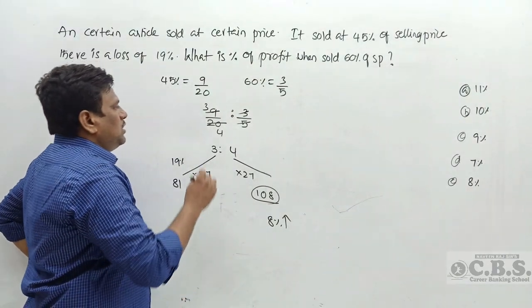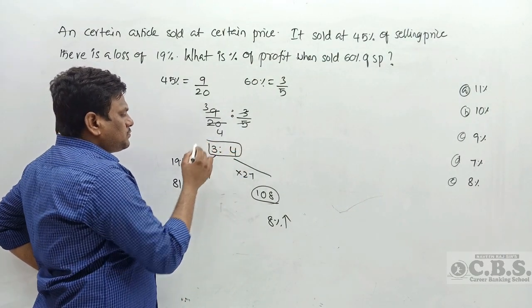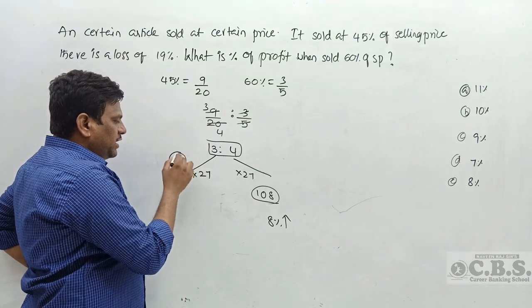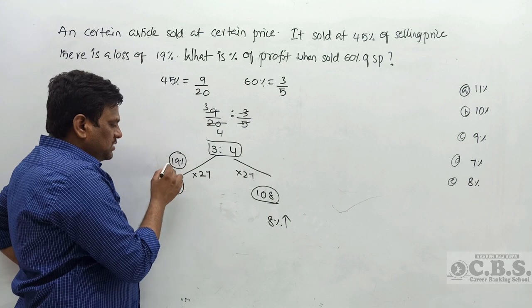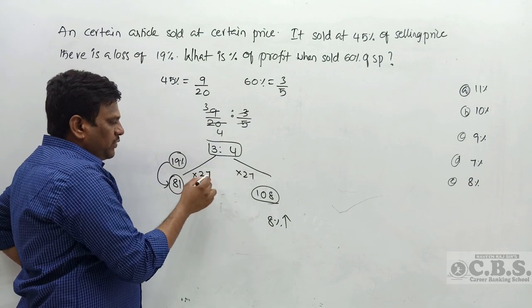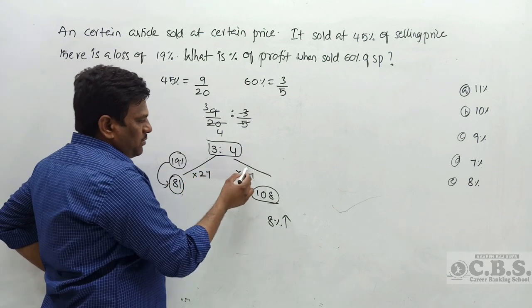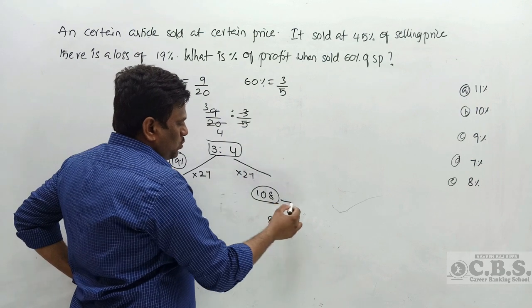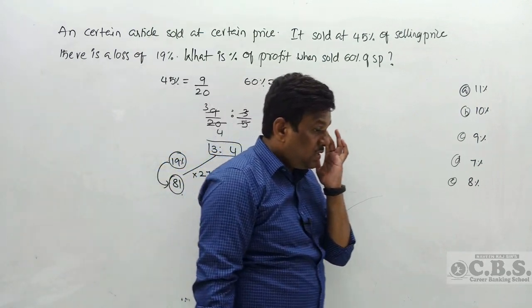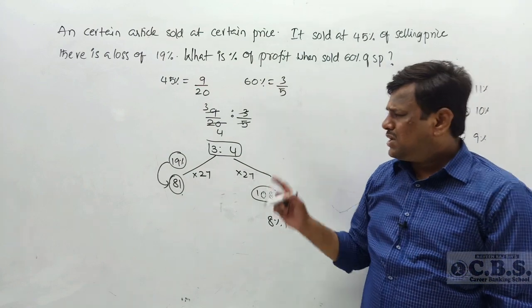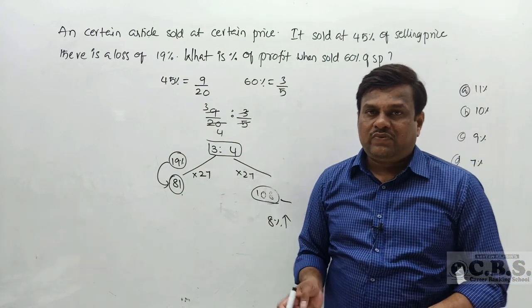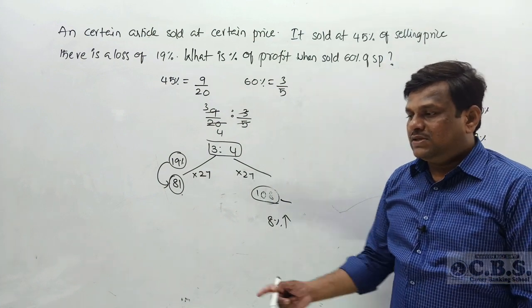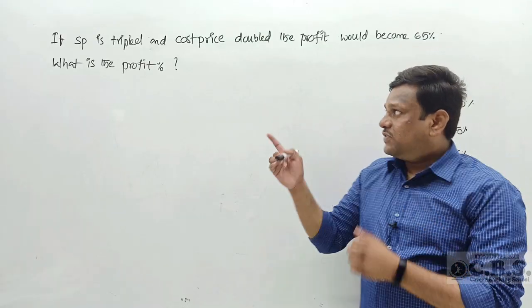Okay, so what is the ratio? It is 3:4. So when it sold at a 19% loss, 19% loss means what? How much is it? 81. So 19% loss means 81. So 3 27s is how much? 81. So you multiply also by 27. 4 27s is how much? 108. So therefore what is the profit? 8% is the profit. So you can easily answer this question with percentage, ratio and fraction also. Mostly ratio and fraction is easy to answer this. Okay, let's go for the next question. Let's go for the next model.